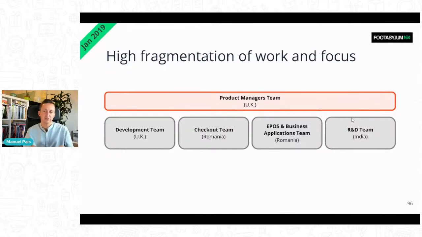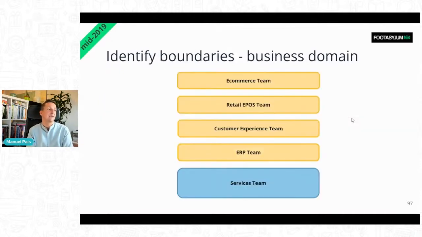You have an R&D team. This is where they were at the time, and it was increasingly difficult to get any change deployed. Frankly, they had a massive synchronization to do across many teams, with the product managers trying to understand the status of all these different bits happening in different teams. So they decided to adopt Team Topologies because they thought it sounded like a much better approach. They were able to come up with stream-aligned teams, which you see here in yellow, that were much more aligned with the services they provide to end customers, as well as a platform, which at the time they were still calling the services team.